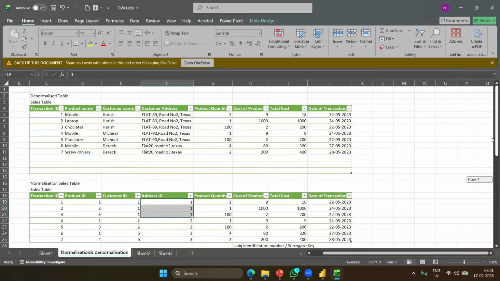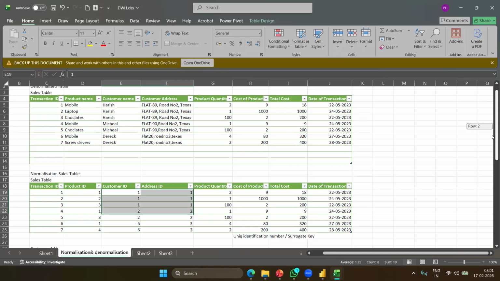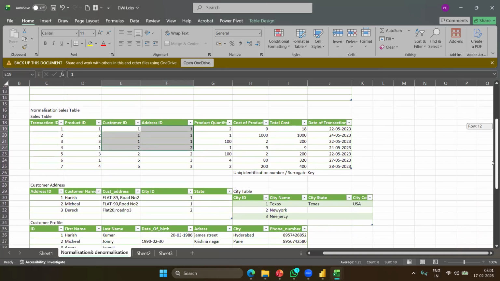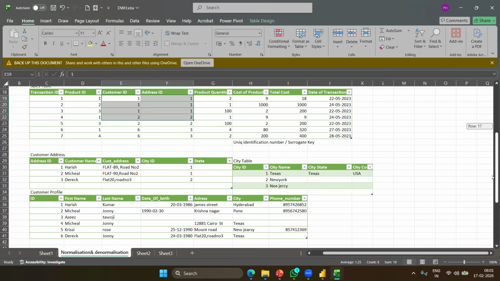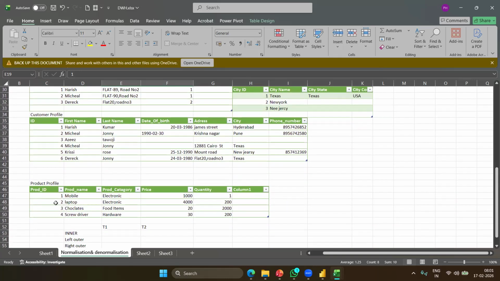Now what is happening? You can see the straightforward benefit is that the data storage requirements are almost exponentially reduced. So the data redundancy is exponentially reduced. That means we are effectively using our space. Will you agree with me? Similarly, product information is stored in the products table.